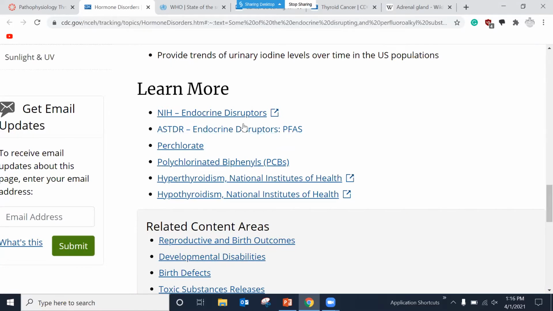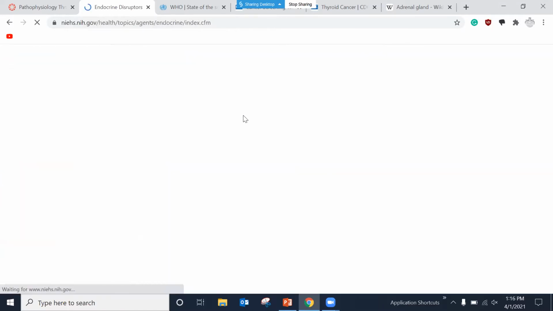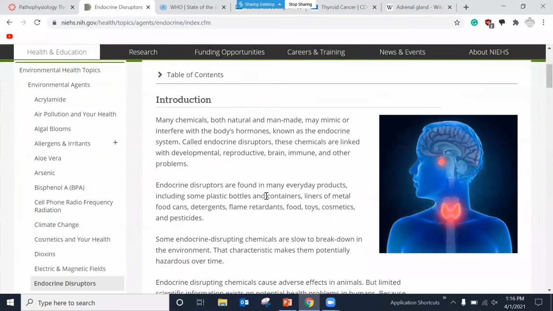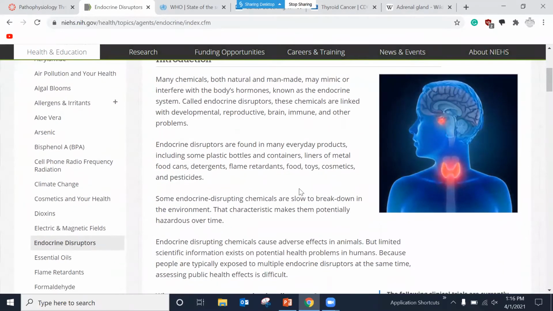The National Institute of Health has a whole website devoted to endocrine disruptors. Plastic bottles and containers. How many times do we drink our water right out of a plastic bottle? And so most of your bottles will say